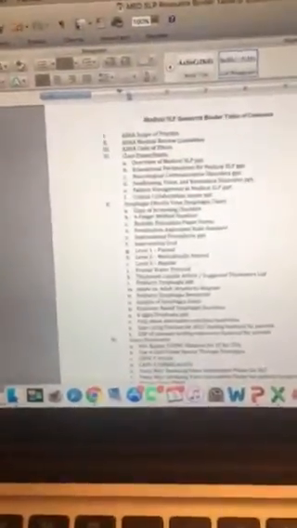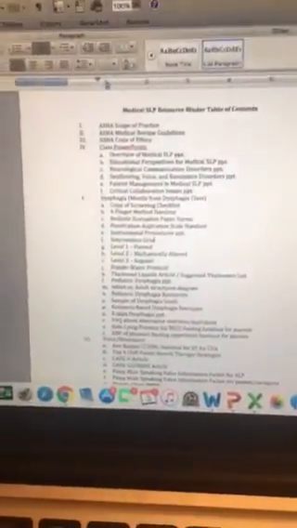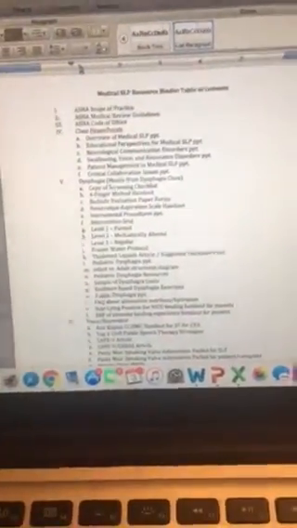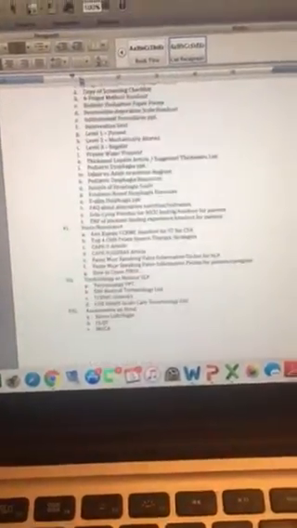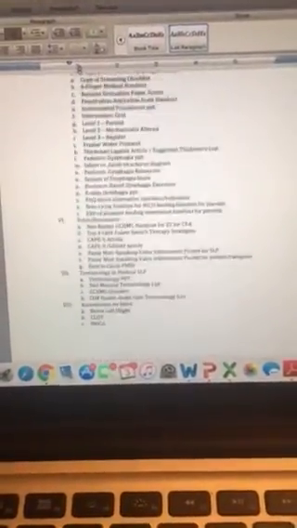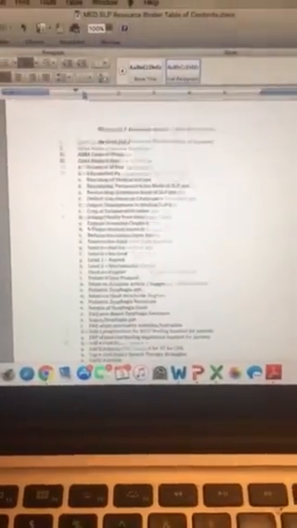Okay, this is Chelsea Baggett, and this is my table of contents for my medical SLP Resource Binder. I have saved most of this on my computer, so I just created one document that kind of outlines everything I have, and I'm going to briefly go through it and go over why it's in there and